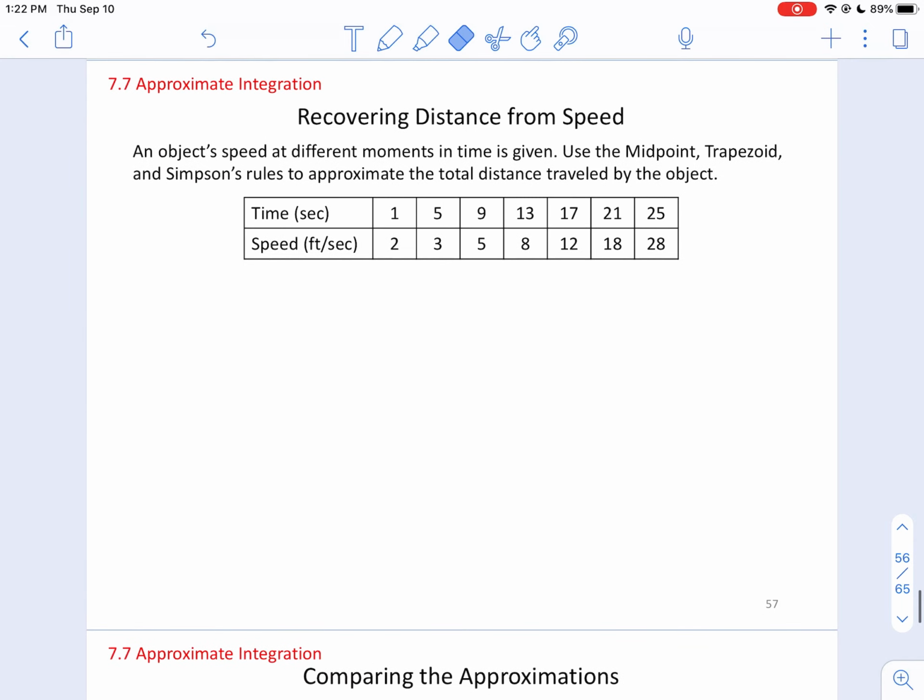Okay, let's move on to something called recovering distance from speed. Now, hopefully we're all comfortable with the notion that if you're going a constant speed and you go that speed for a certain amount of time, then you just have to multiply time times your speed and you get the distance traveled. Right? Just as a simple example, if you're going 3 feet every second, but then I say, hey, do that for 5 seconds, right? If you do the arithmetic of units, seconds cancel, 3 times 5 is 15,